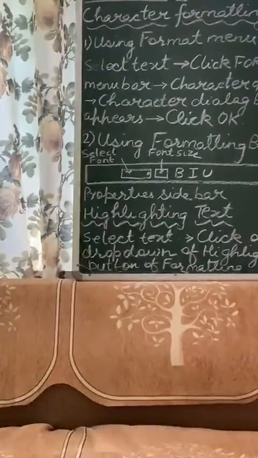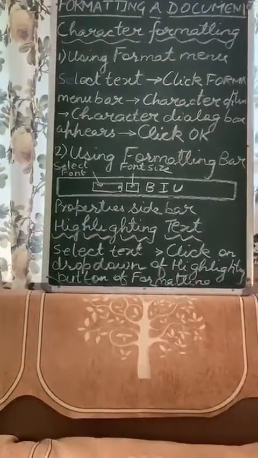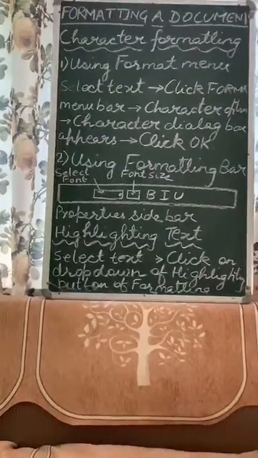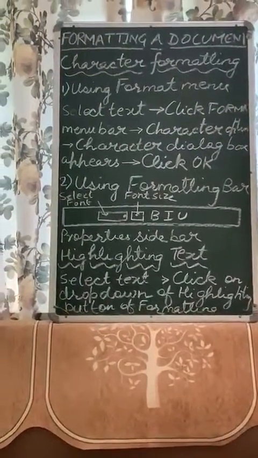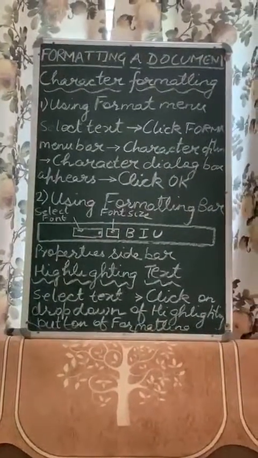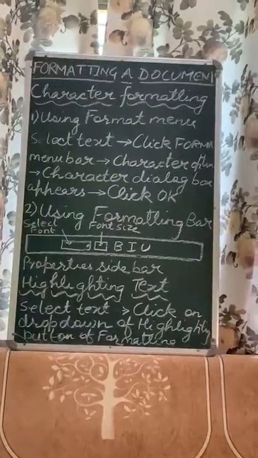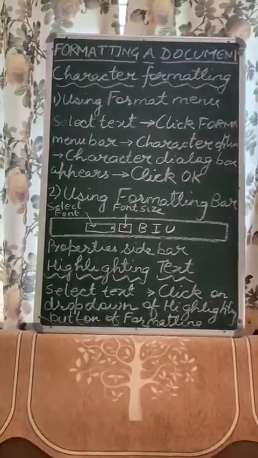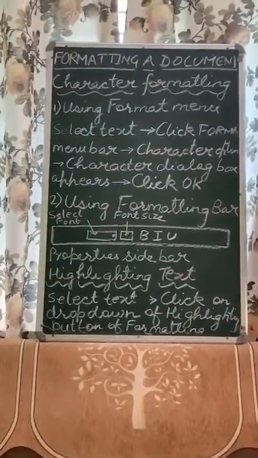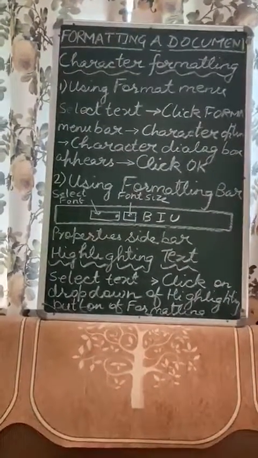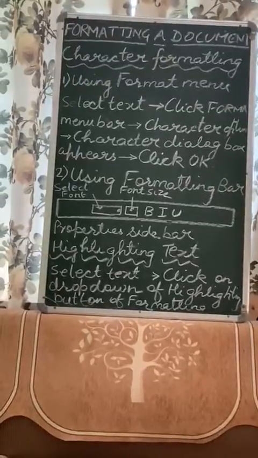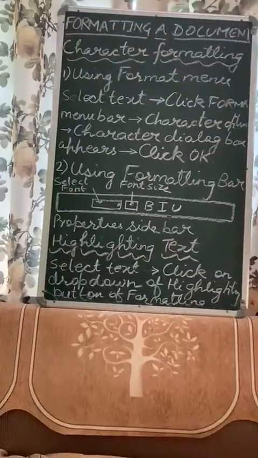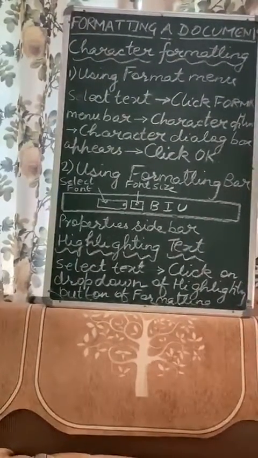Then you have position also in the character dialog box. Position means what will be the position of the text. Suppose you are typing some mathematical formulas in a document and you need to write x square. So the 2 here will be at the top of x, so that is a superscript. Similarly, if you are writing some exponential formulas, then you need to write it at the base, so that is known as subscript. Otherwise, you keep it normal. Rotation of the text also is there in position, 0 degree, 90 degrees, all these things.